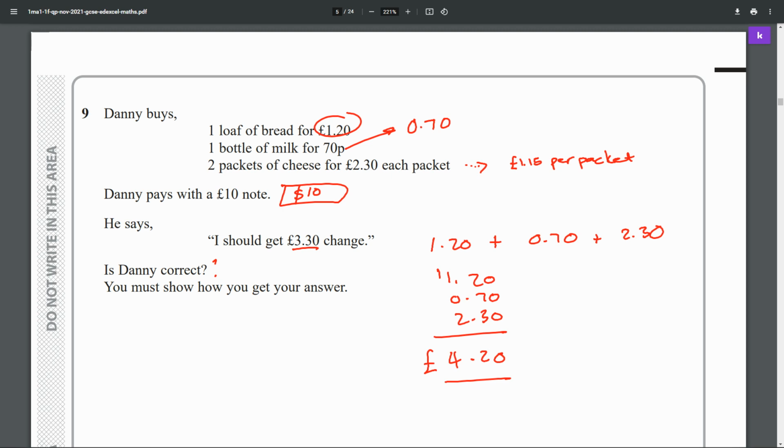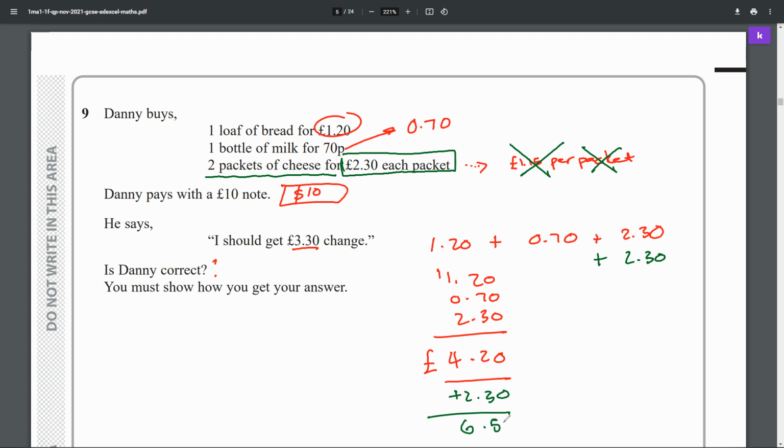So there's one mistake that I've made here. It says here 2 packets of cheese for £2.30 each packet, which means that dividing by 2 was not necessary. In fact, I should have added another 2.3. So I'm going to add another 2.3 in here. And it'll come to 6.50 pounds. If I take 10 pounds now and I minus 6.50,